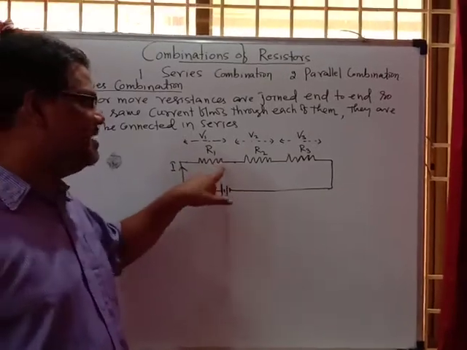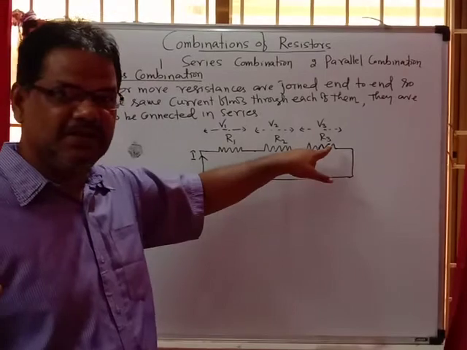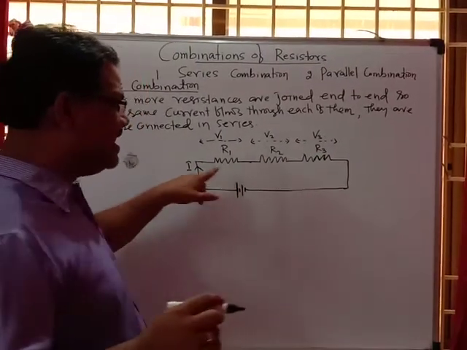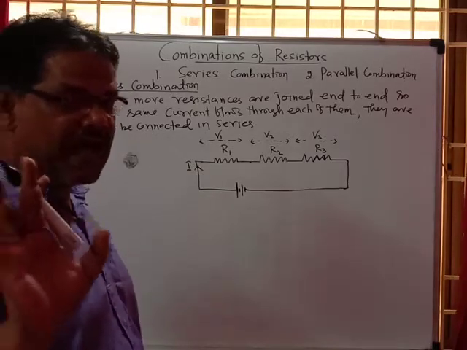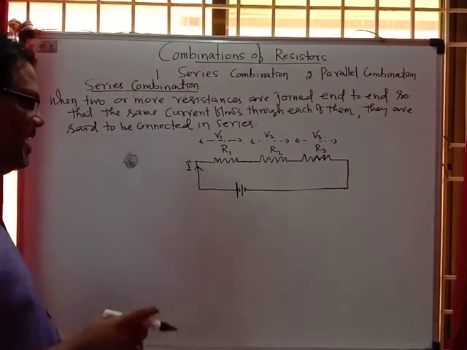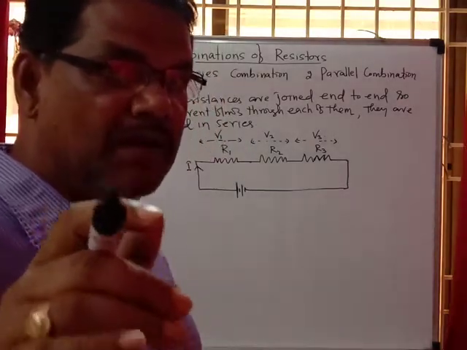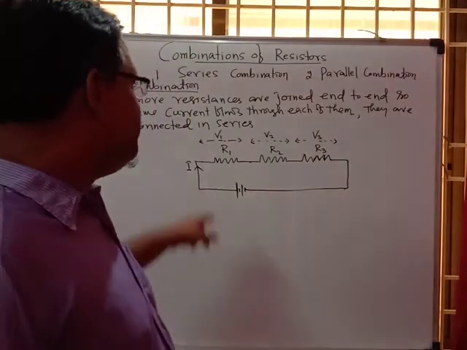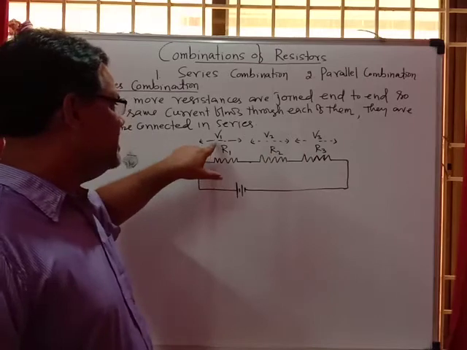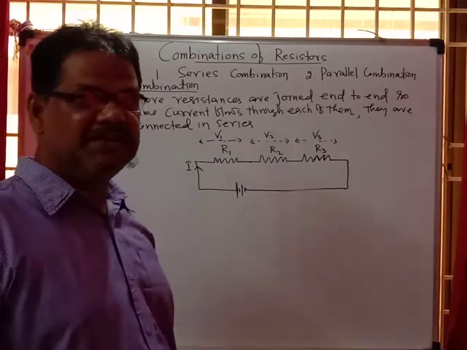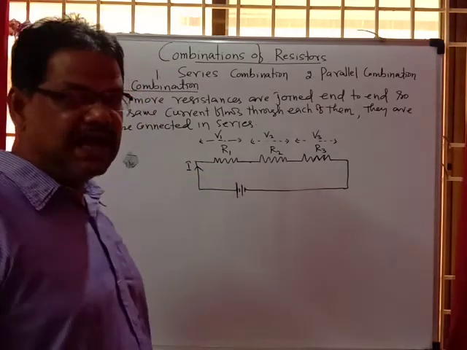So here let R1, R2, R3 be three resistors connected in series. As and when it is connected across the battery, let I be the amount of current drawn into the circuit, and the same amount of current will be flowing through R1, R2 and R3. But the potential difference across each of the resistors will be different. Say V1, V2 and V3 are the potential differences across the resistors R1, R2 and R3.